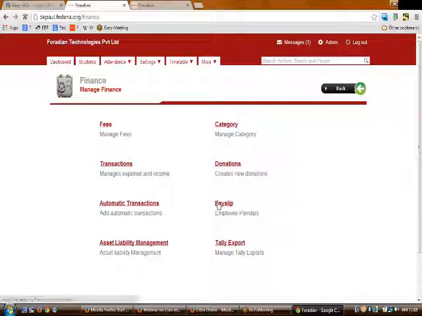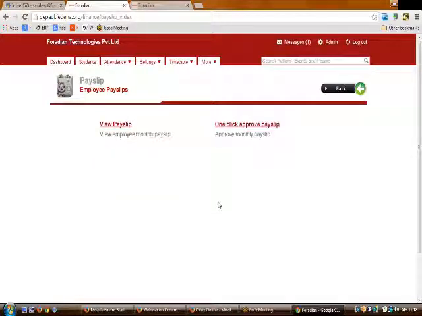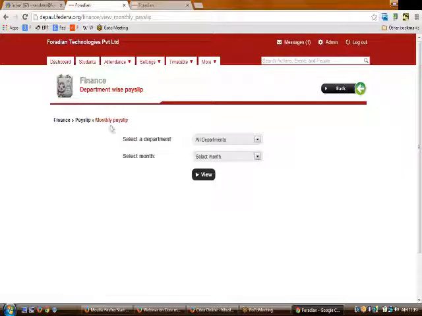Then comes the payslip. As I have said, the payslip has a two-way process. First of all, there needs to be a register from the HR, and the person who is in charge of finance has to approve or deny a payslip. On clicking upon one click payslip approve, all the payslips that have been generated from the HR will be approved. But if you want to view the payslip,